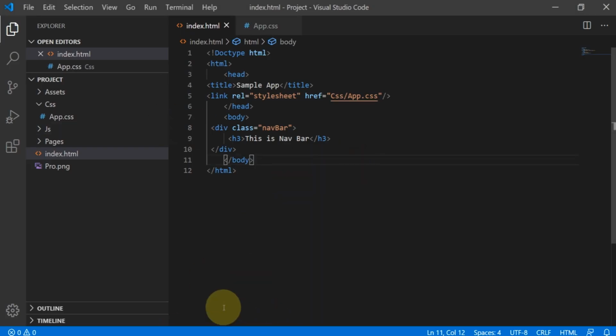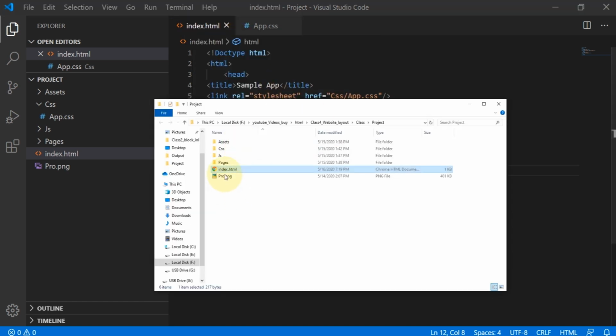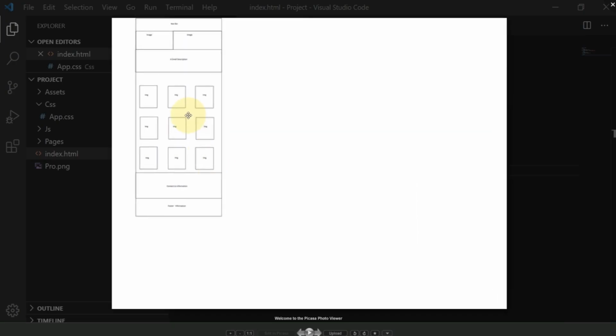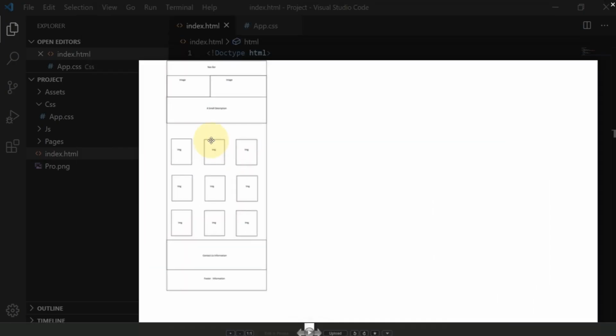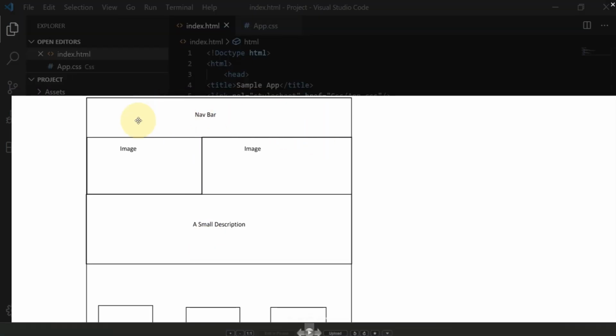Next step: the left image and right image are there in our project. Let's see our project layout once. The navbar is done. Next, the image, left image and right image.